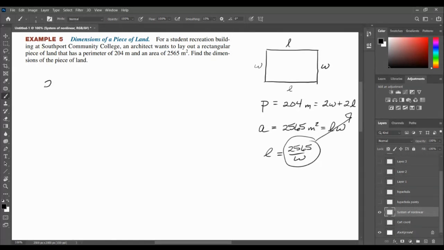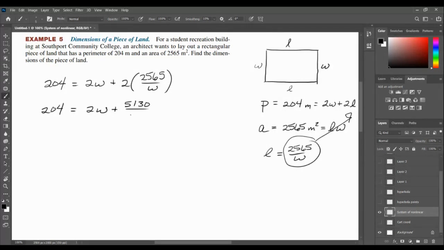So now my problem is 204 equals 2W plus twice the length. So I've got to somehow solve this. Let me go ahead and multiply the 2 through. So we've got 2W plus, doubling that would be